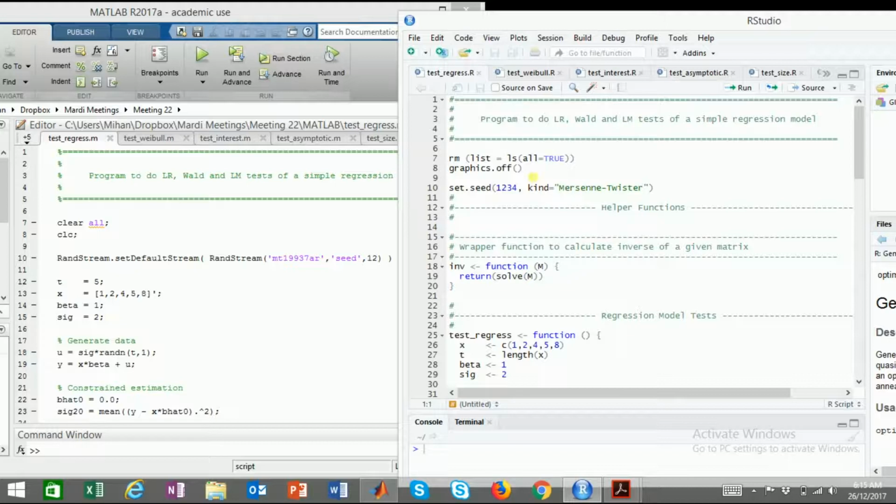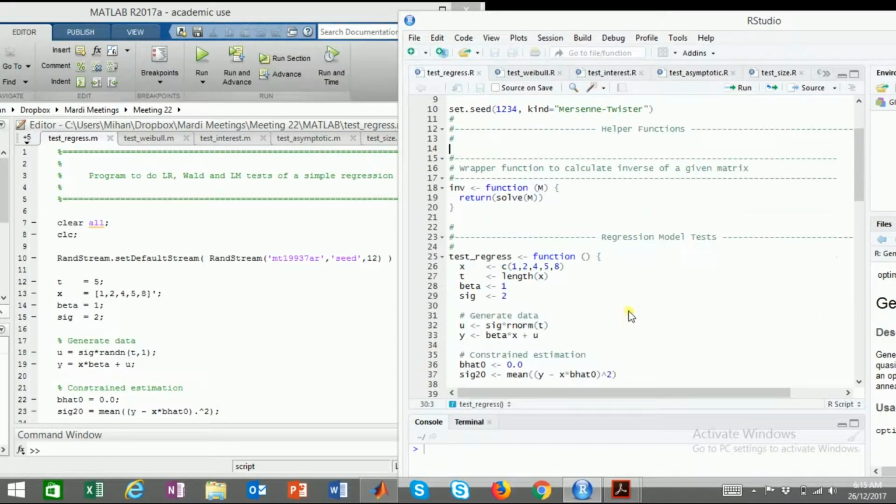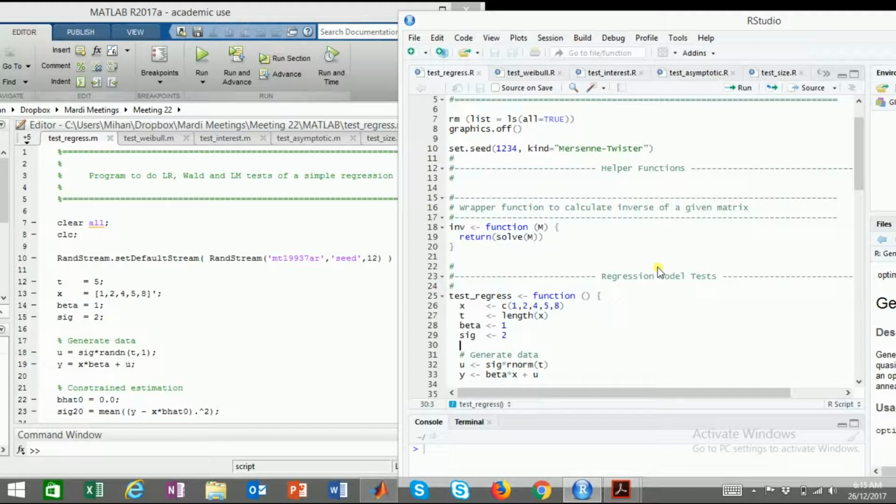Then random stream, set global stream, not default stream, and instead of these we write set.seed 1, 2, 3, 4. We can just put 1, 2 or we can put 1, 2, 3, 4 here. If you give a fixed seed number, then you will continuously get the same random values. That is the objective of this. The generator used here is Mersenne twister in R. Helper function, because we're going to use inverse, which is automatically given in Matlab but not in R. So inverse function,